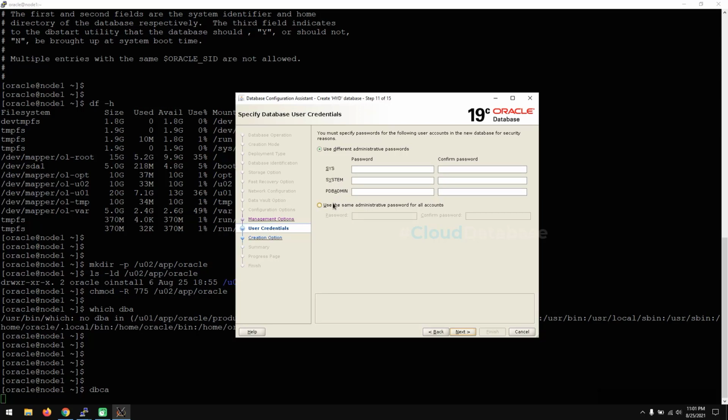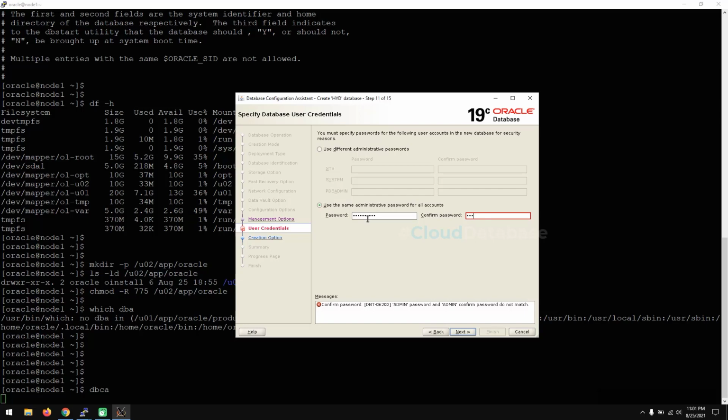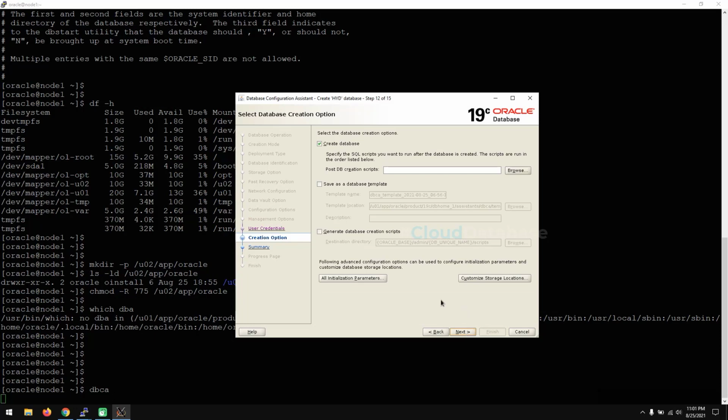In our company we are mostly using SYS and SYSTEM only. You can make use of that also. Give a strong password, because security is a major concern, otherwise it will not accept. Okay, I set one password, let's see whether it will accept. Okay, it is accepted. I'm clicking next again, and then the only option is to click on create database.